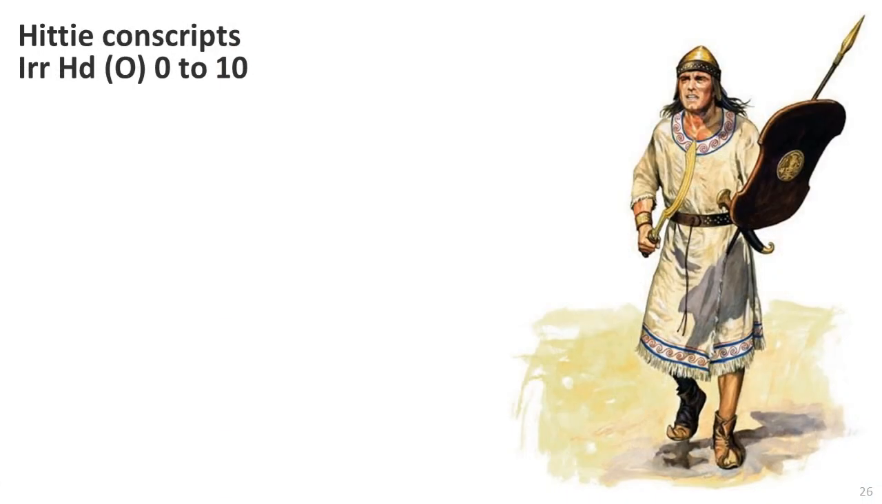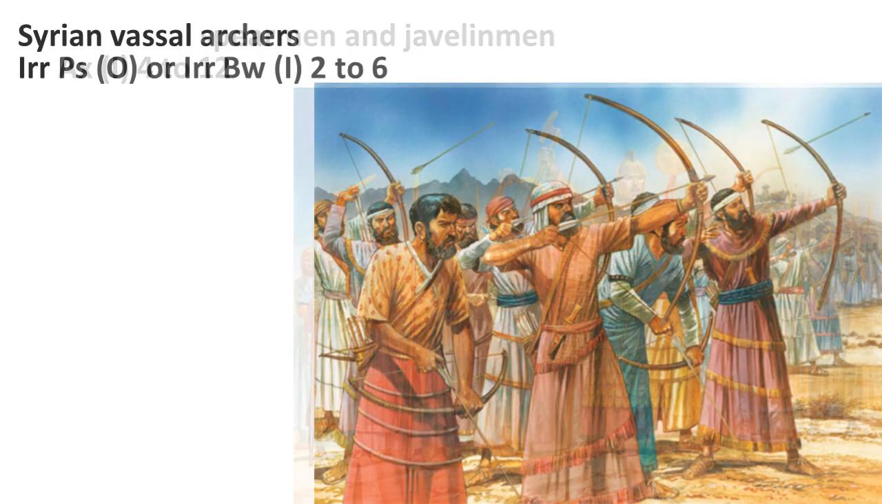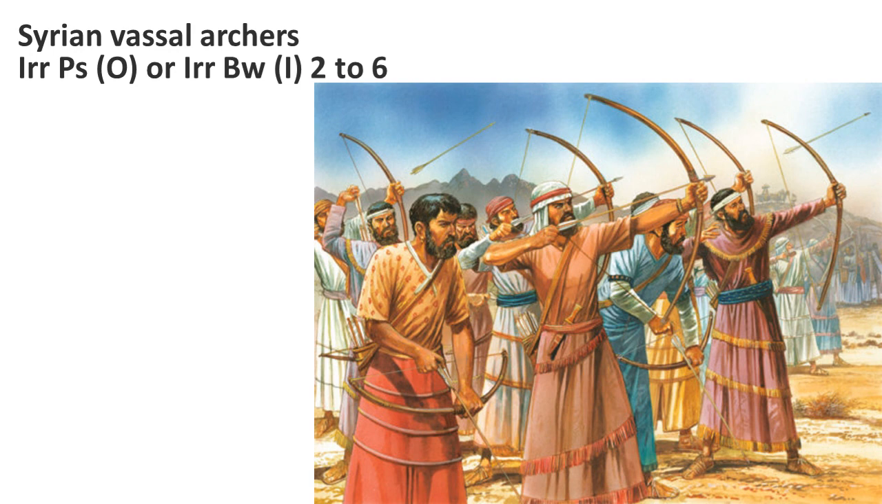Supporting the regular infantry were the Hittite conscripts, which were not well trained or armed. It's unlikely many of these troop types were present in this battle, as this would have represented a militia that would have been formed to defend the homeland if invaded. A large part of the army would have consisted of Assyrian vassal spearmen and javelin, armed with a spear and shield. Supporting the vassal spearmen were the vassal archers, armed with a bow and fighting as skirmishers or in close